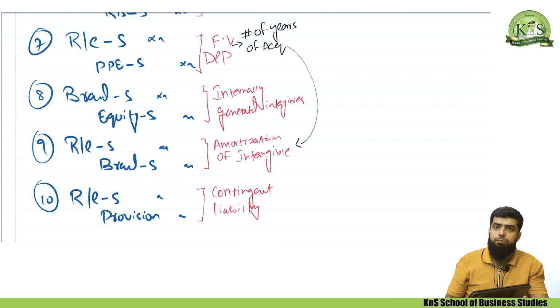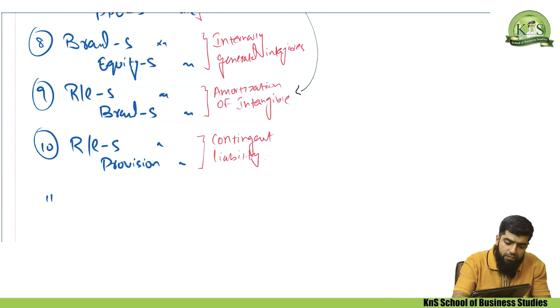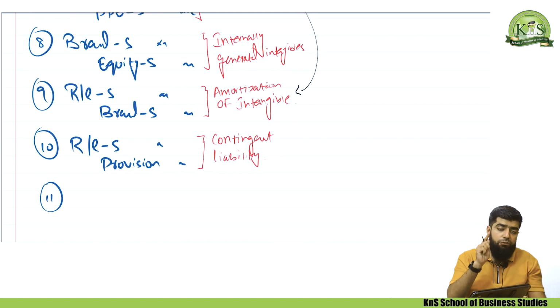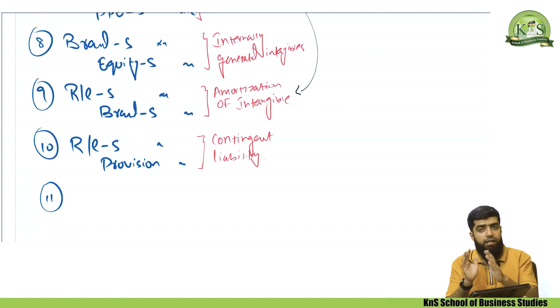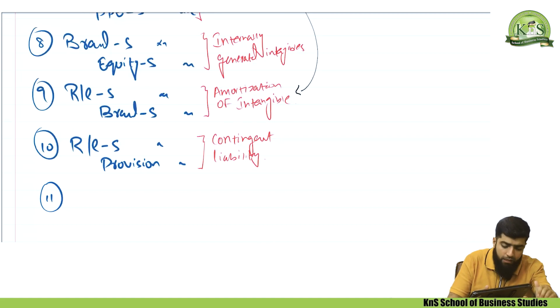Instead, a provision should be recorded in the consolidated statement of financial position. Another adjustment is related to the inventory valuation. Usually, the subsidiary company records the inventory at lower of cost or NRV. Subsidiary company must have recorded the inventory usually at the cost, because normally the cost is lower. But here at the consolidated statement of financial position, now the adjustment will be made.